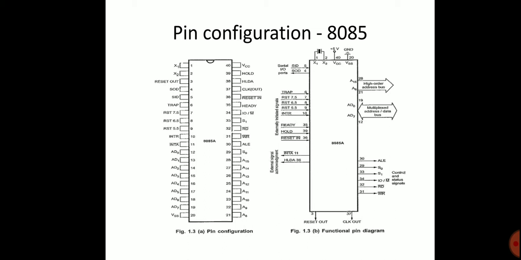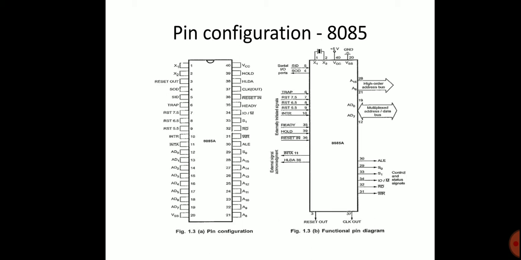And the DMA signals. These DMA signals can be divided into two types, hold and hold acknowledgement. The hold signal indicates that another master is requesting the use of the address bus, data bus and control bus. The hold acknowledgement, an active high signal, is used to acknowledge the hold request.